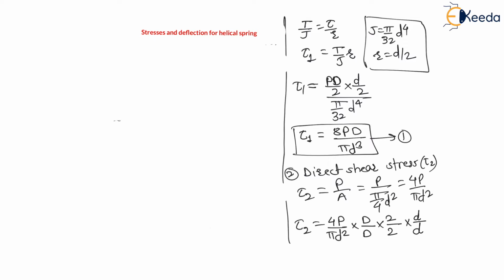Let us solve for tau 2 here. This 4 into 2 is 8, and this D and this small d, therefore it will be 8PD divided by pi d cube,